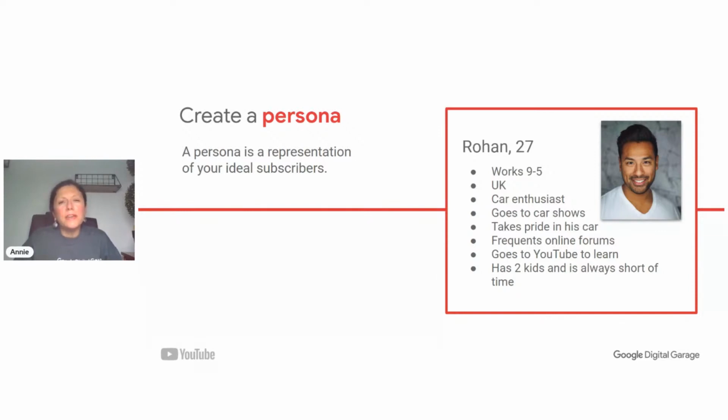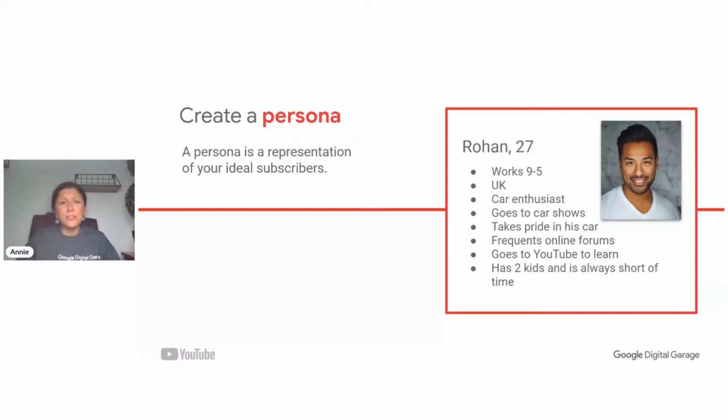So there are different tools we can use to find out who our audience is if we don't yet know. And one of those is Find My Audience, which is on Think with Google. And that will help us to identify the kind of desires, experiences and values of those audiences so that we can bring it to life. But if you already have subscribers to your channel, then that's great because you'll be able to start to see how they resonate with the content as well. And you can use those tools to start to get that insight, that content that you want to make, those videos that are going to be compelling. And we'll talk a bit more about that later on in the analytics section as well.